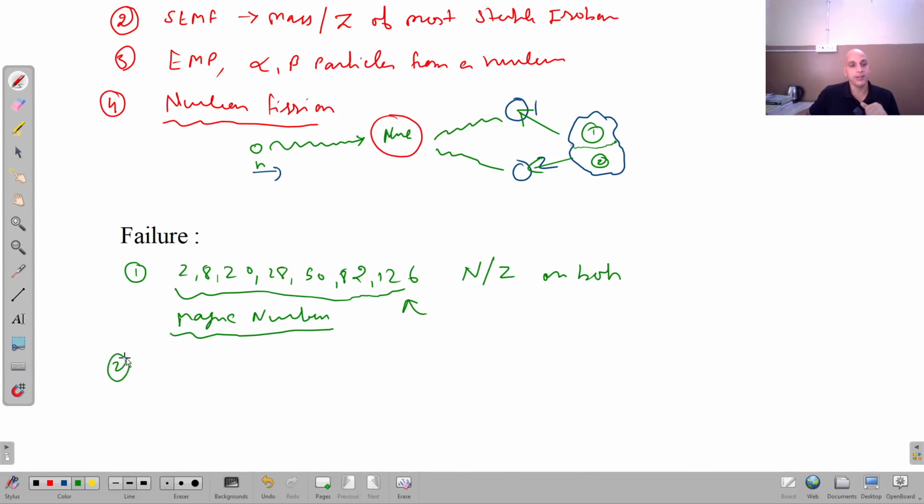The second failure: when we measure the magnetic moments of different nuclei, we make a calculation of magnetic moment for the different nuclei, but both the liquid drop model and the semi-empirical mass formula are silent about the existence of magnetic dipole moment in different nuclei. So magnetic dipole moments are not explained,